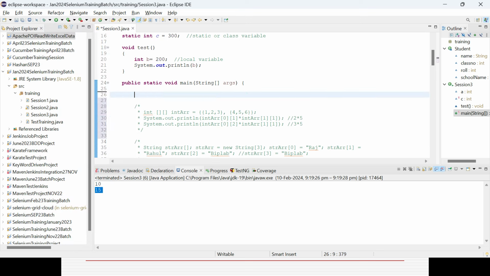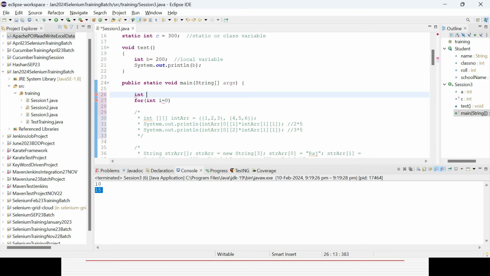So what I'll do is, for, then the start value. You need to define an integer i equal to 0, or outside also you can define some integer i, that is not a problem. Here you can define the integer i. That is also done, so you can remove that part. You can simply do i equal to 0, or you can define it directly here also, i equal to 0,